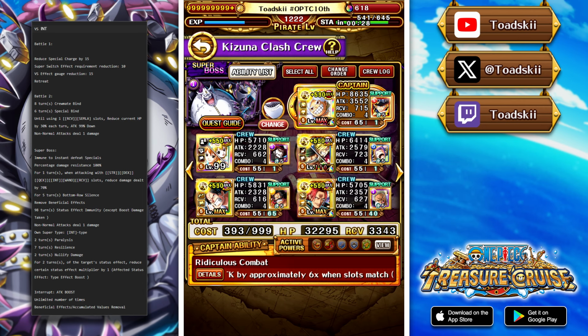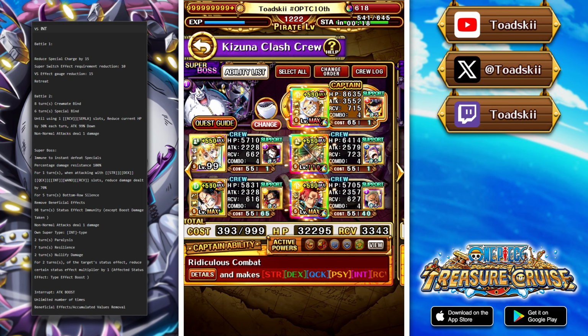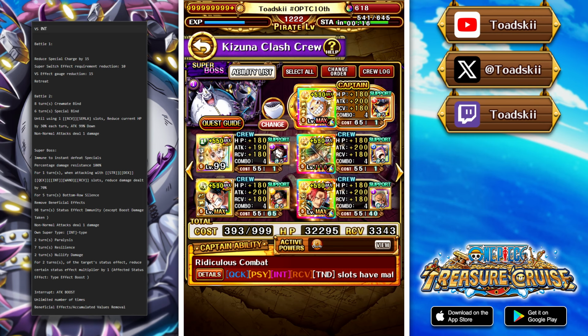However, you want to be using Shanks and then using your Ace special, so that you can get, you know, the full board of slots, and then you get the color affinity from Shanks. Use Ace's special, which amplifies that color affinity, so you end up getting a 6 times color affinity boost, which is wild. And then the last thing you want to do is use the switch effect of Zoro and Sanji,